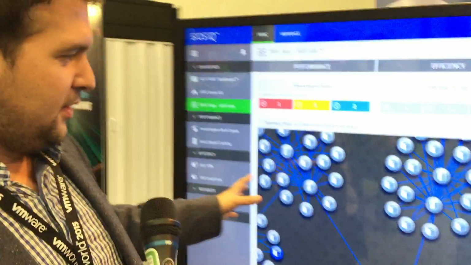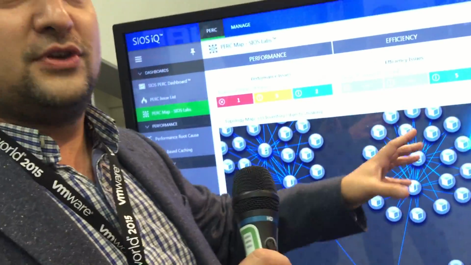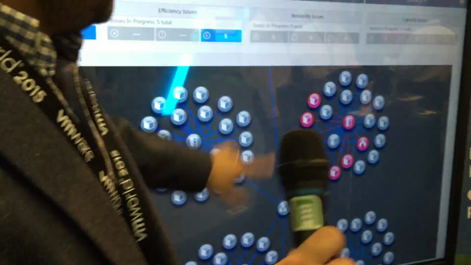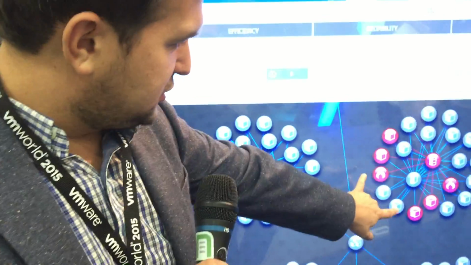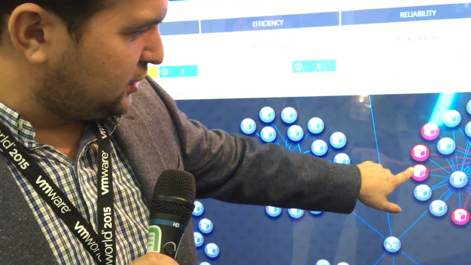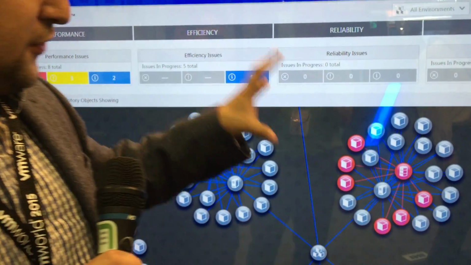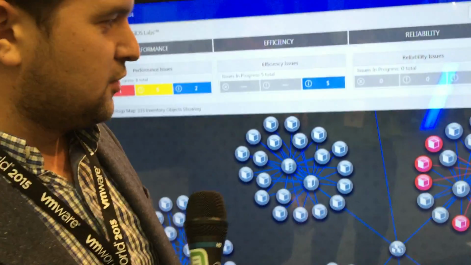What we have here is a topological map of your environment, your hosts, VMs, your vCenters, and what we see here on the right, we have a performance problem. This performance problem looks like it started because of this virtual machine. We can see it on fire, and this virtual machine puts a sufficient amount of pressure on this data store, which causes those workloads to degrade. So let's take a